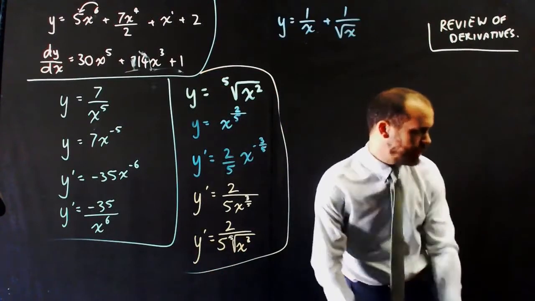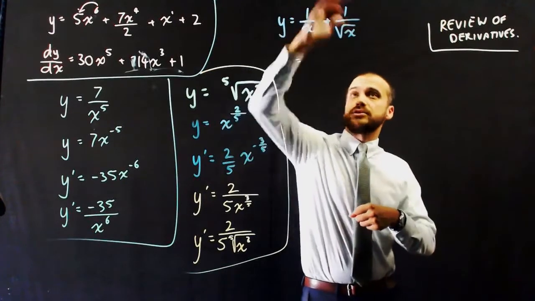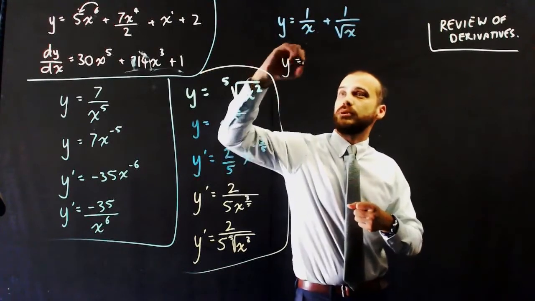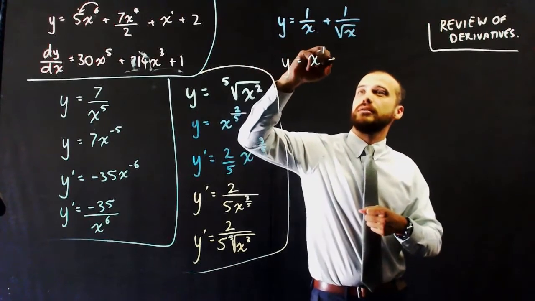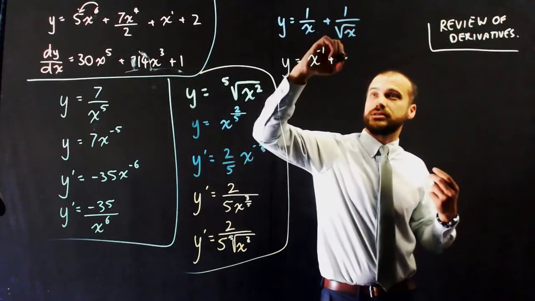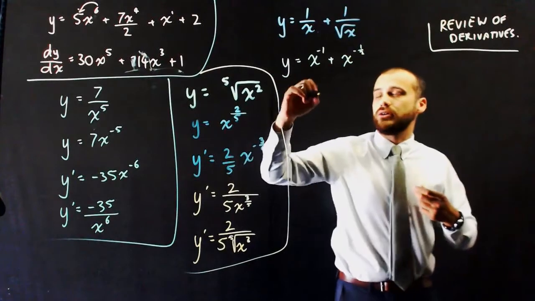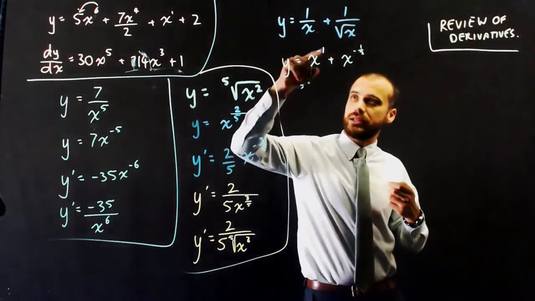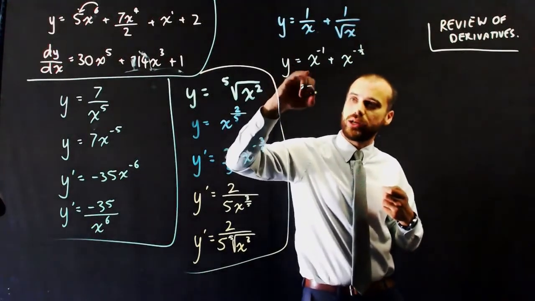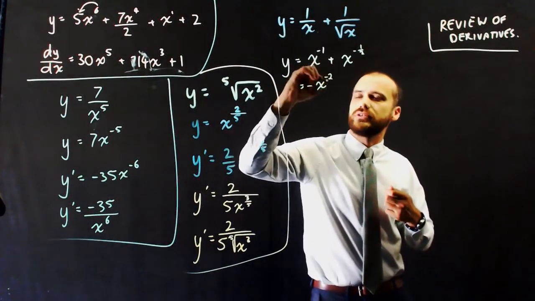Alright, so mixing it up here, y equals 1 on x plus 1 on root x. Rewrite it, the x's all need to move to the top. So it's going to be y equals x to the negative 1 plus, that's x to the half, so it's going to be x to the negative 1/2. Power decreases by 1, that negative comes out the front, so it's negative 1, which I don't have to write, I could just write negative x to the negative 2